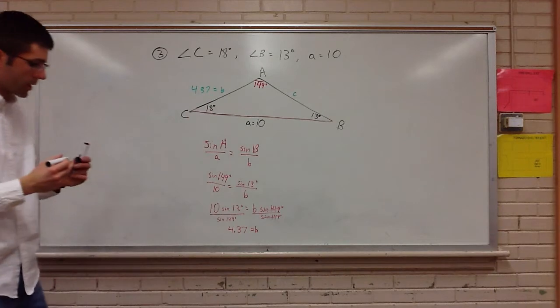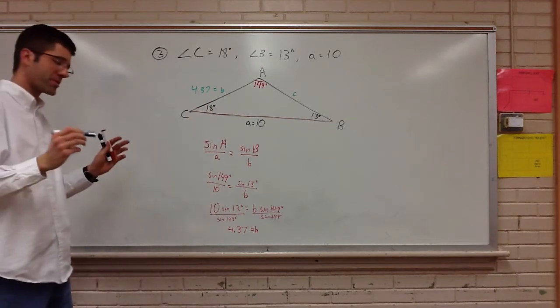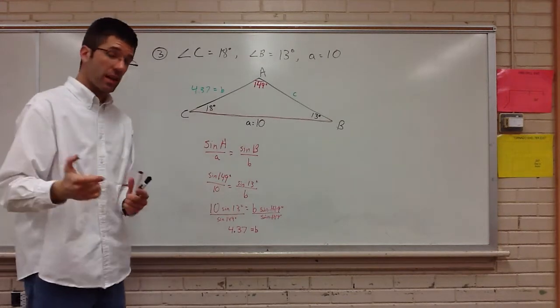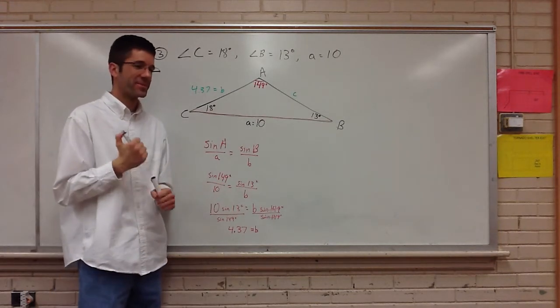4.37. Okay, let's find the measure of angle. Sorry, not measure of angle. Let's find the length of side C. Since I'm looking for C,